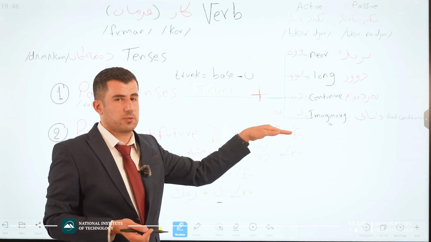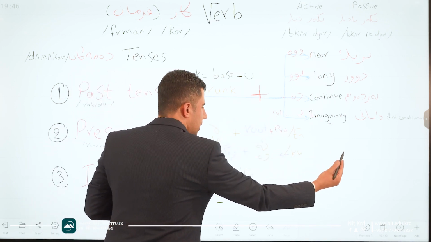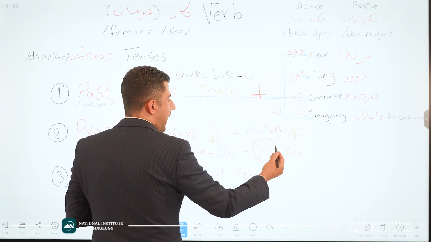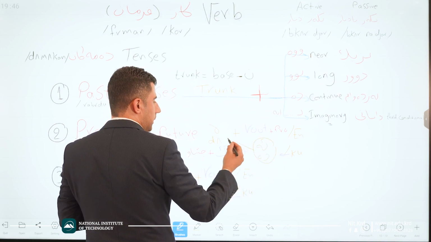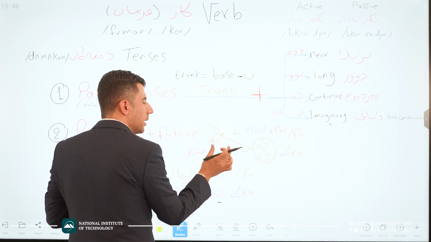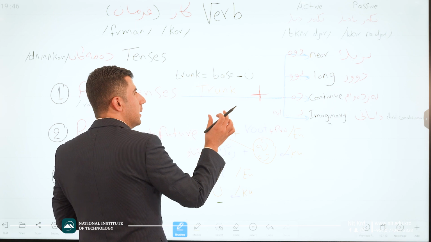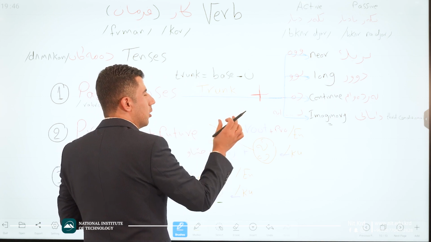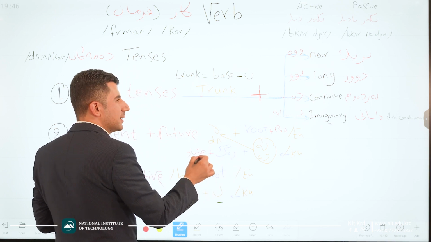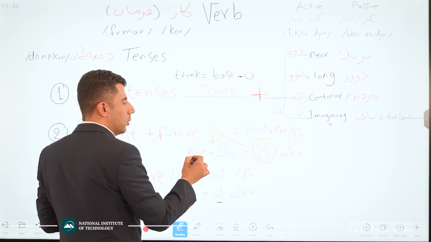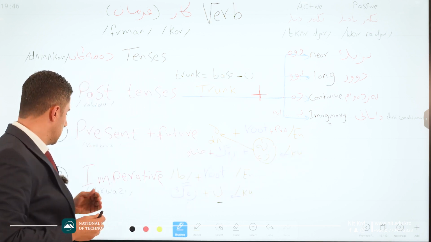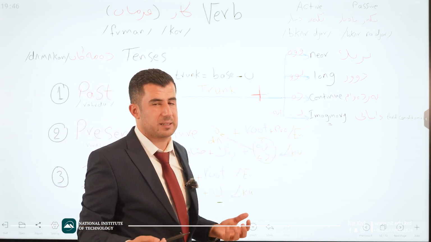This direction is for English, but when we write in Kurdish from this side, first we have to add a or da here, and then we put the root of the base of the verb, and after that we have to add a pronoun, which is je now, because in Kurdish we have to do it on this side. Okay, the last one, which is imperative.